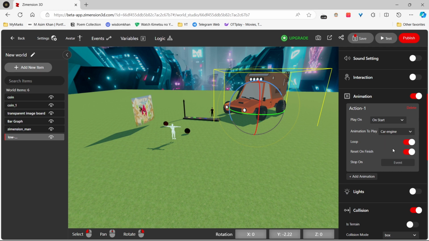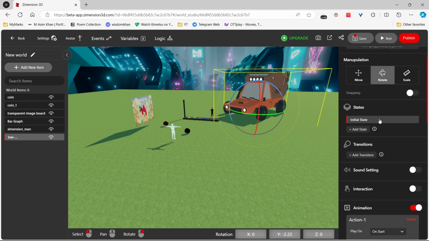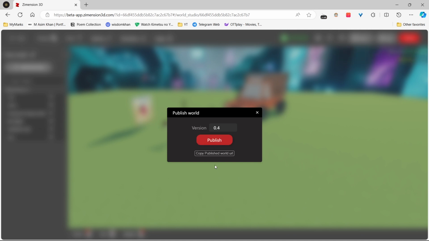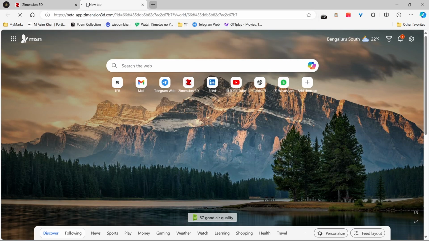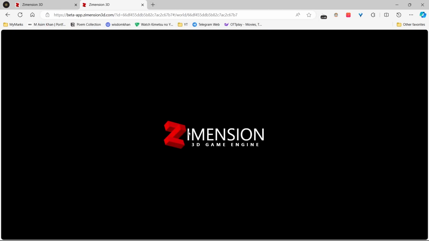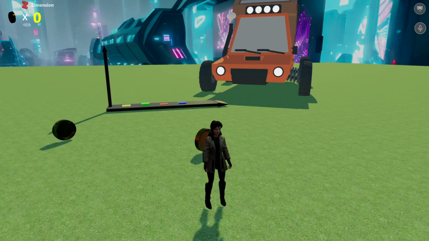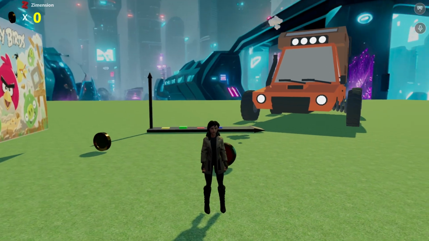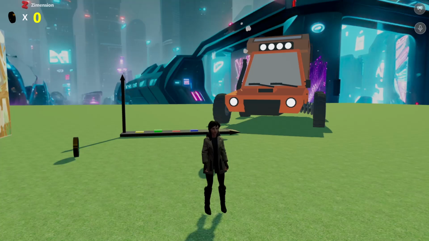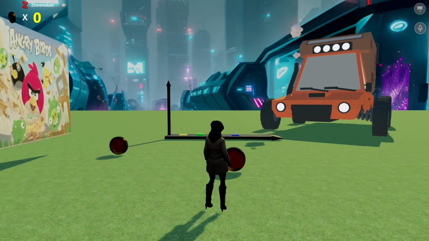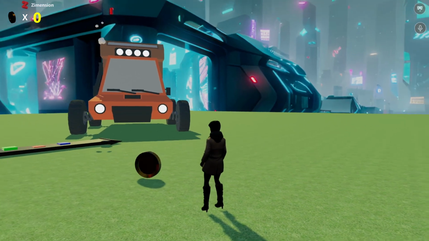Except for the car, I guess there is one animation. So let's check on start. It would play this, and let's save it. Publish it again. I'm just publishing it again to check the final version. Let's see how it looks in our game. Start. Oh yeah, it's so beautiful. See, even your animations are getting imported in the project. Wow, super cool. So easy. No need to add any animator component,